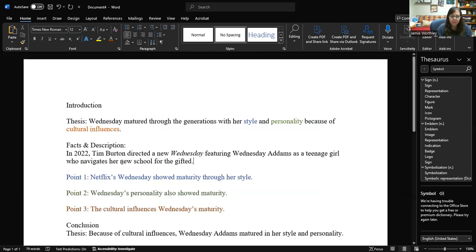All right. So we need a facts and description paragraph because we don't want our introduction to be the facts